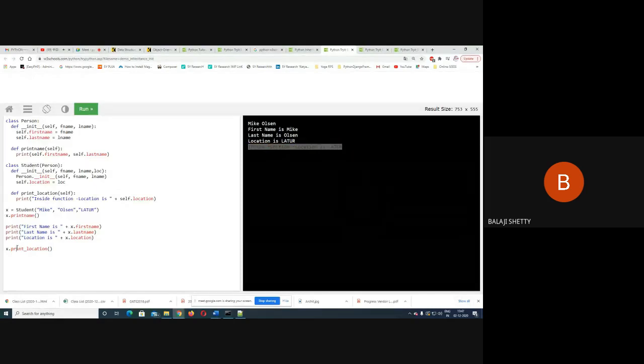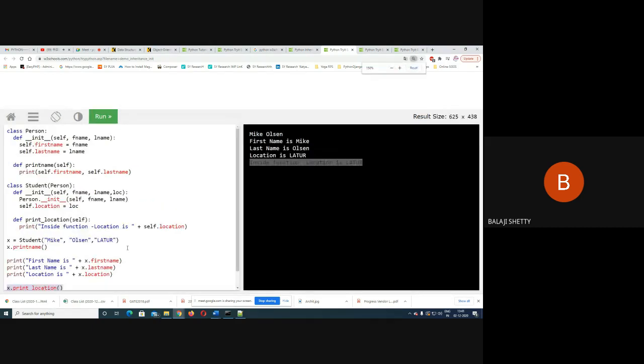So here what I have discussed with you, I have defined a new variable in the derived class. I have assigned that variable to the class data member of name location. I have printed that location with the help of the object directly, and I have defined one function of name print_location, which prints the member in the derived class, that is self.location. And here I am calling that with the help of the x.print_location function. That's it. I hope this code is clear now.